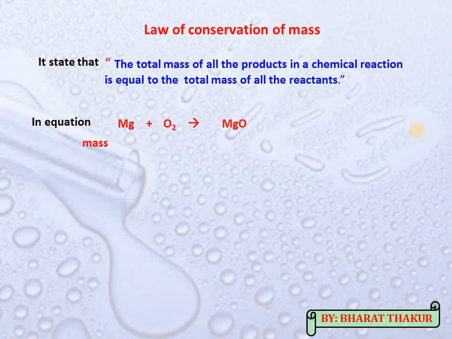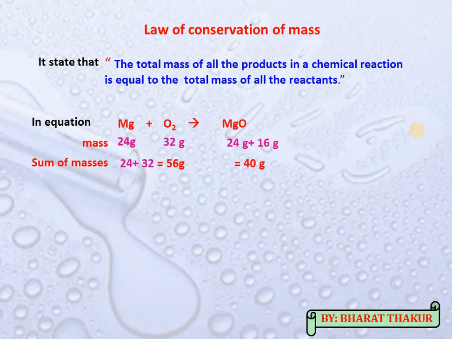In this equation, the mass of magnesium is 24, the mass of oxygen is 32, and the mass of the product MgO is 24 of magnesium and 16 gram of oxygen. The sum of the masses of the reactants becomes 56, but the sum of the masses of the product becomes 40. That means 24 gram of magnesium combined with 32 gram of oxygen, the product should be 56 gram. But the product formed from magnesium and oxygen has only 40 gram of mass. That means some mass is lost. So that is against the law of conservation of mass. No gain or loss of mass takes place. So that's why we can say this equation is unbalanced.